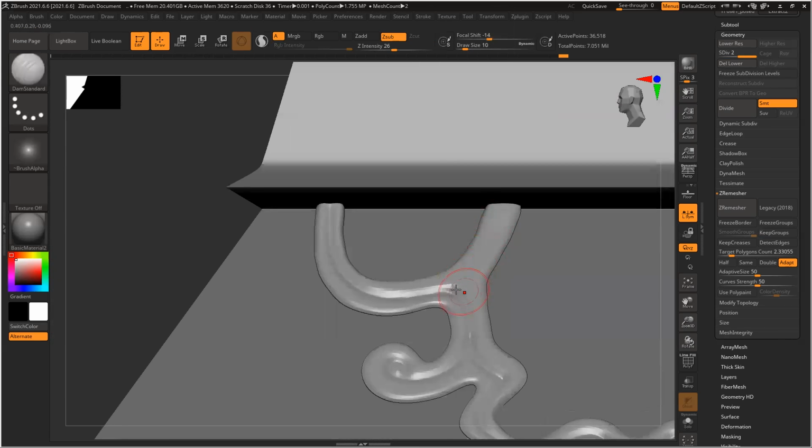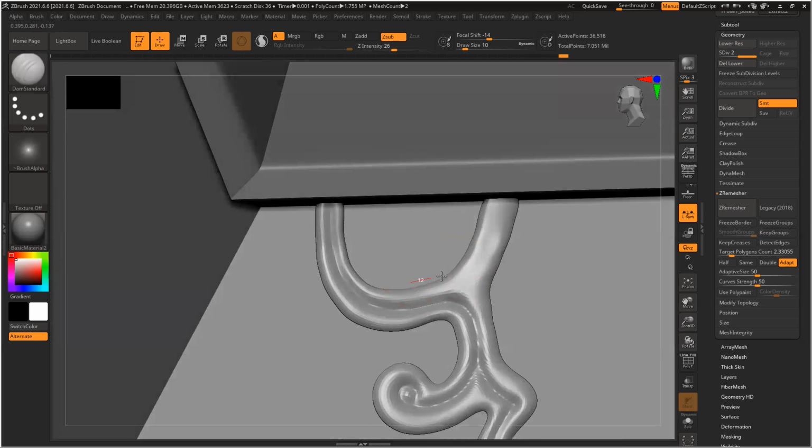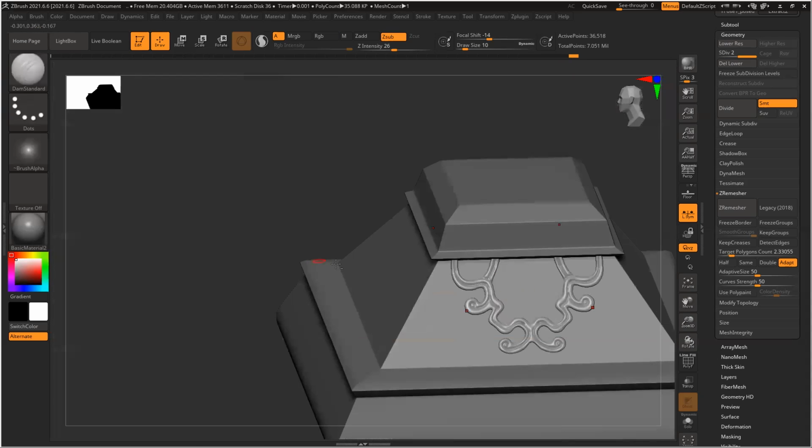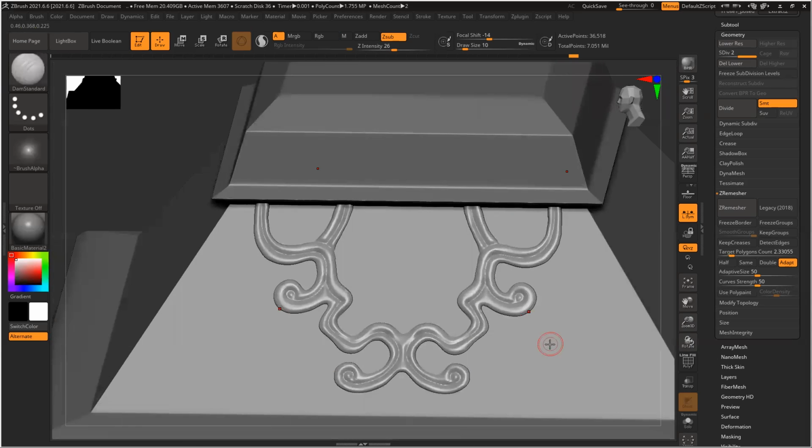BDS again, Dam Standard. The basic structure is almost ready.